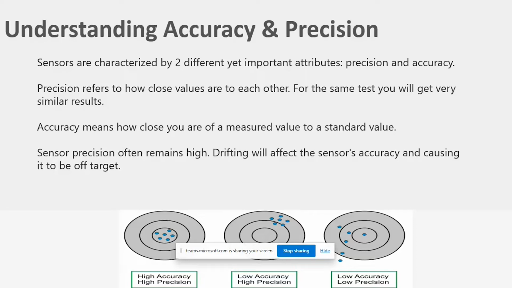And for accuracy, there are two values. The first one is the standard value, and the second one is the measured value. These values must be very close to each other to check the accuracy of any sensor. If there is a huge difference between them, then the accuracy is not good, and we have to do a lot of work to bring these values close to each other. And the precision of the sensors must be very high, and in the form of drifting, the drift directly affects the sensor accuracy, and which causes errors in the targets of these sensors.